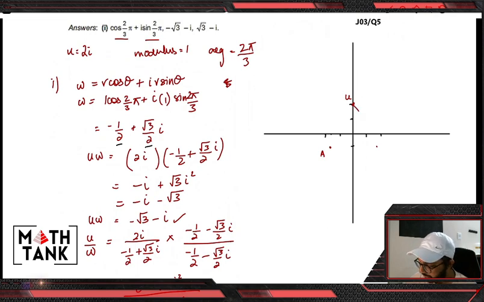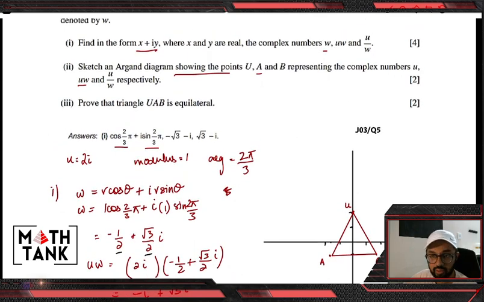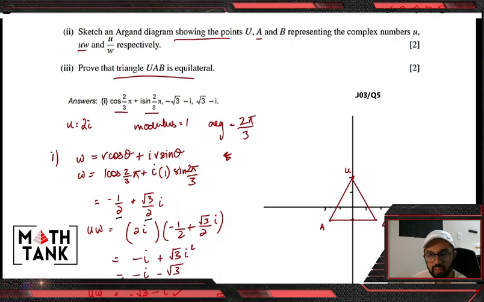Okay, so that's approximately the same distance, so that should make an equilateral triangle sort of. In the next part, that's what the question is asking. It didn't ask me to join these complex numbers in the first part, so I'm just going to mark these and let these remain. And then I need to prove that it's an equilateral triangle. So the only thing that I need to do is somehow prove that the lengths are equal in this case. There are other ways of proving it, and in the marking scheme you're going to find